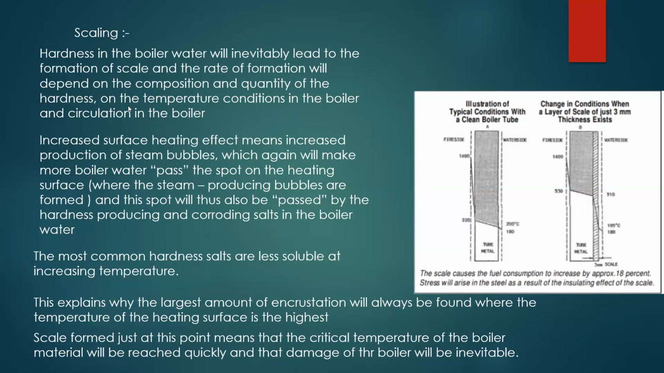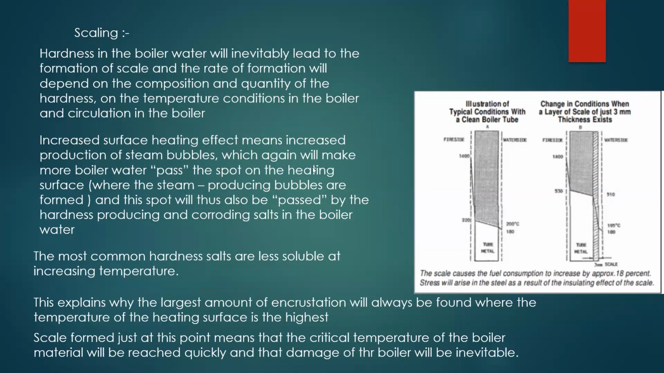So what is the temperature? How much water is circulating? Your scaling depends on all these factors. Increased surface heating means increased production of steam bubbles. If your surface heating is more, you are producing more steam bubbles, which again will make the boiler water